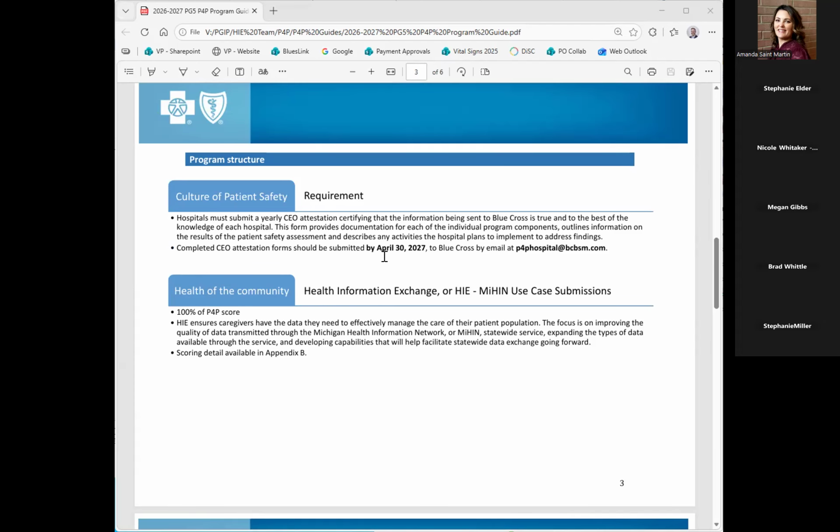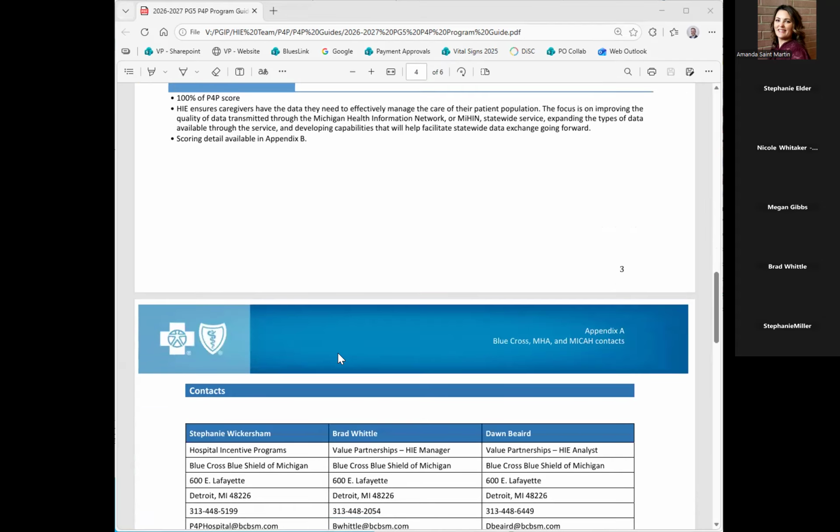For this program year, it's due April 30th of 27. And then the other 100% of the score that determines what portion of that 2% increase in reimbursement you get is based on the HIE portion. So that's the long and short of what the P4P program is for Peer Group 5